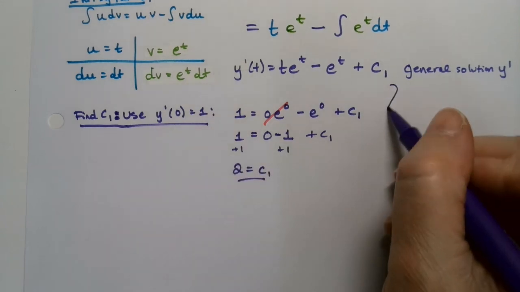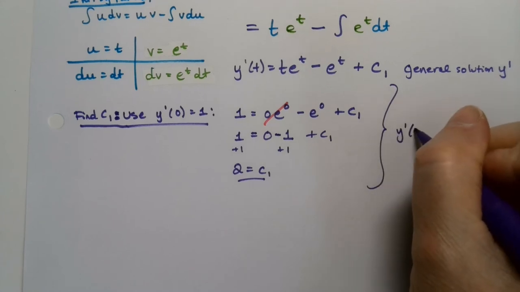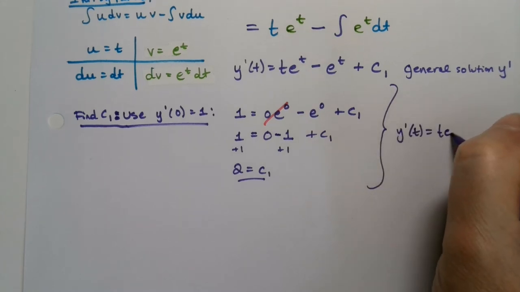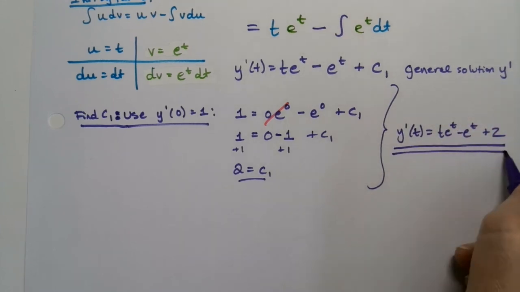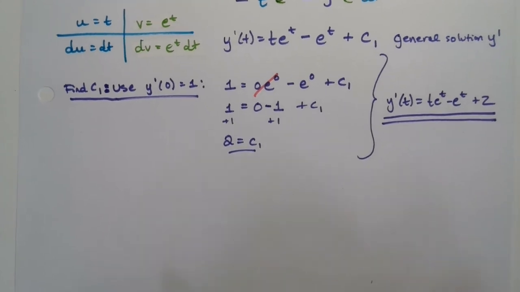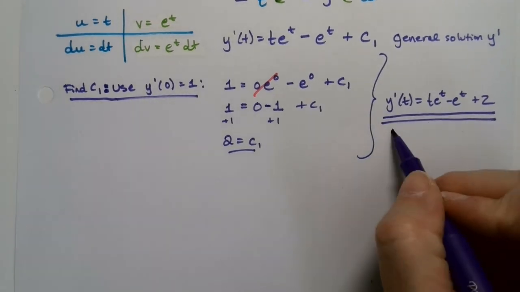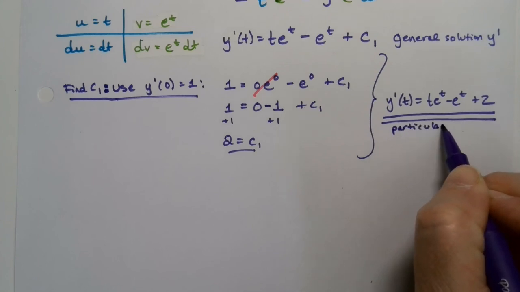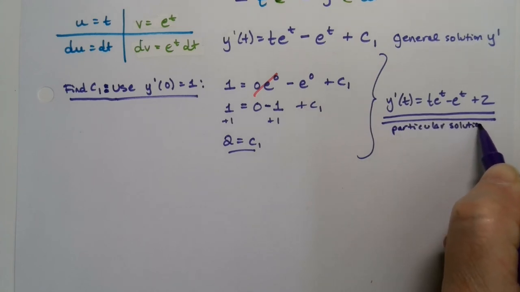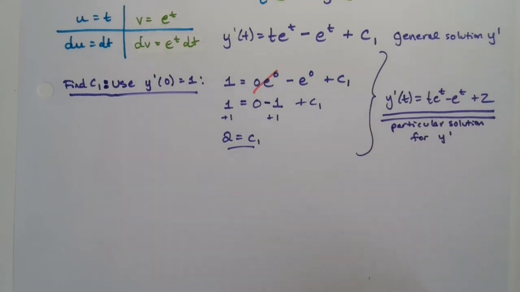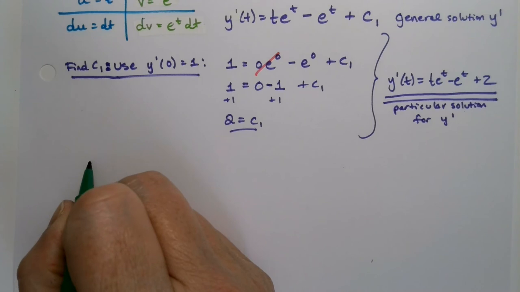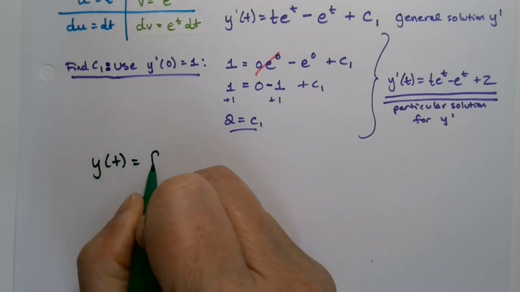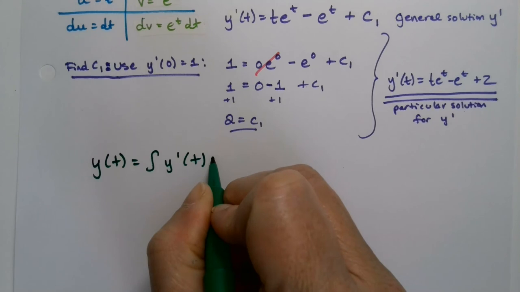So putting all of this together, I know that y prime of t is equal to t e to the t minus e to the t plus 2. I'm not boxing that because, of course, that's not the actual answer. That's the particular solution for y prime. But I actually want the particular solution for y. So I have to do it all again. All right, let's switch colors, make things a little bit easier. Okay, so y of t would be equal to the integral of y prime of t dt, thanks to the